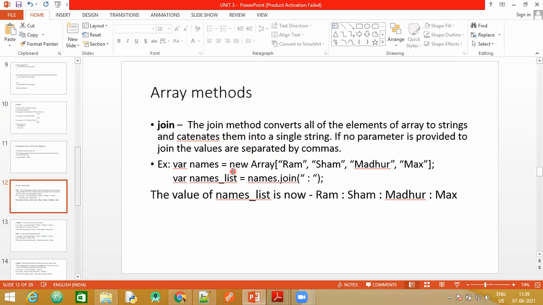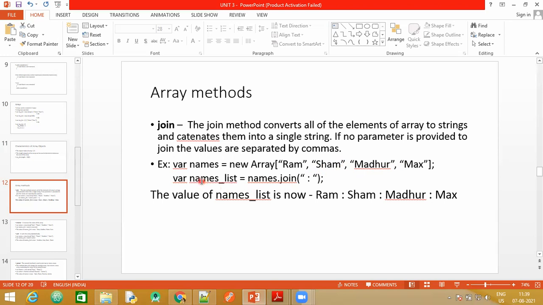So what is the meaning of this? The join method will help us convert all of the array elements to strings. The important thing to understand here is that in an array, the elements are usually separated by commas. Comma is the default separator. The join method provides you with the option of how you want to separate these elements. By default, it is separated by a comma, so the join method is giving you an option. If you do not want the comma, you can also make use of any other separator symbol.